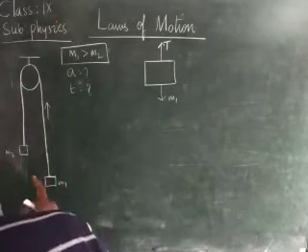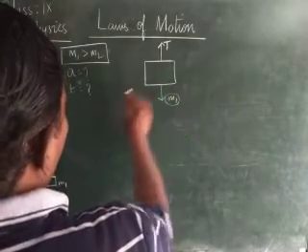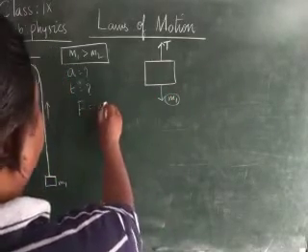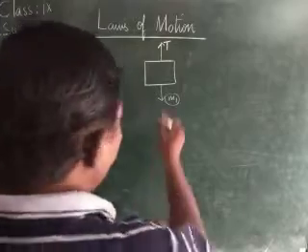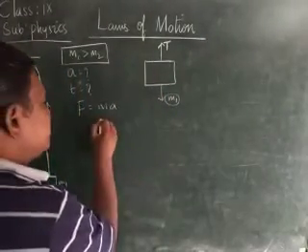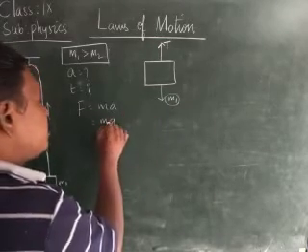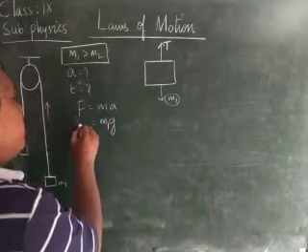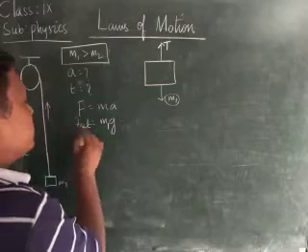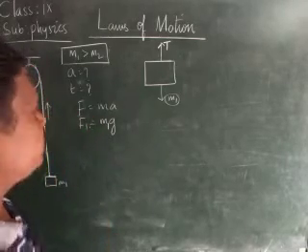Okay children, therefore normally force is applied here in the downward direction. F is equal to ma, children, but here the acceleration is the acceleration due to gravity, therefore we write it as mg. Here what is the mass over here? m1, therefore the net force F1 is equal to m1g.